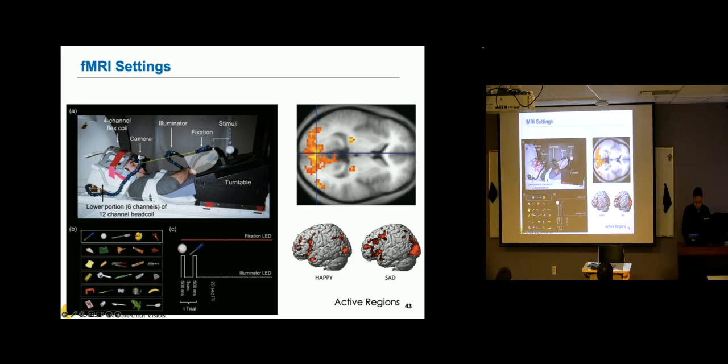And this is an fMRI setting. The patient will wear this device, and you have different components, these cameras, and also this is like an operation.